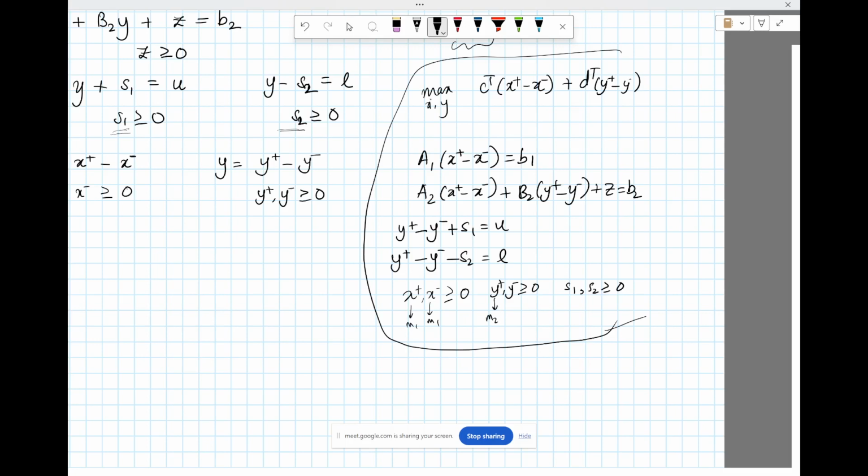So here I have x plus, y plus, x minus, y minus, s1, s2, and this will also be m2, right? So I have 2m1 plus 4m2 variables,